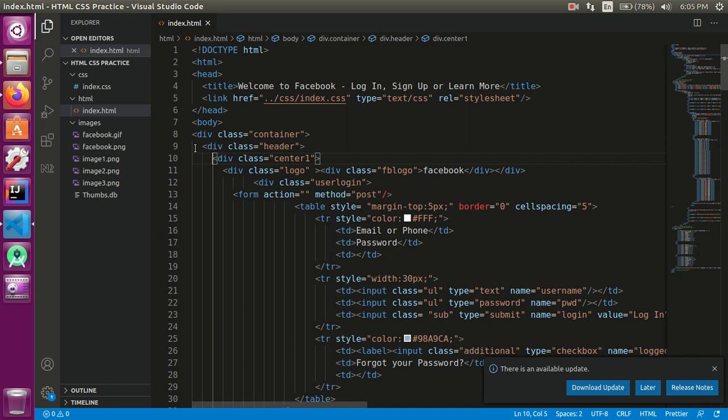Because to be frank, whenever we are coding, we are not the only one working on that project. There are multiple people who are working, and so we have to take care of everyone. If some developer comes to your code after some time, or if you come back to your code, the code must be easily understandable to you as well.